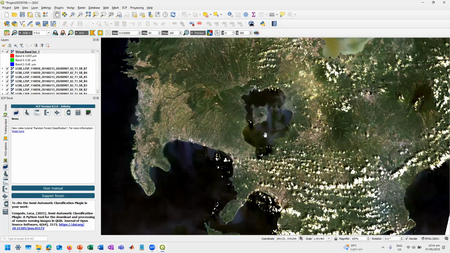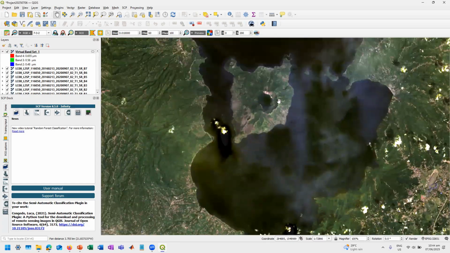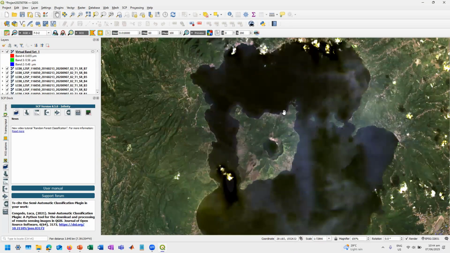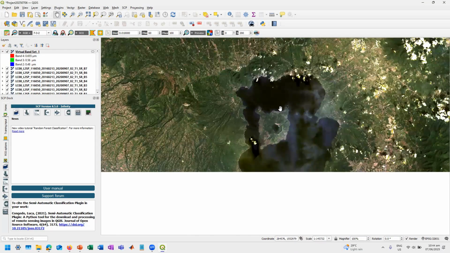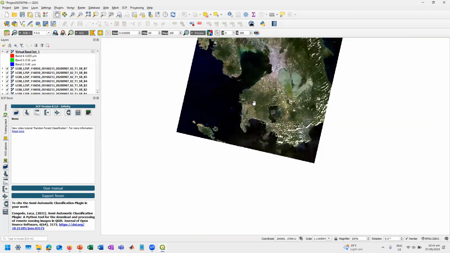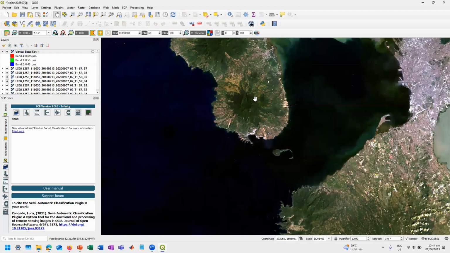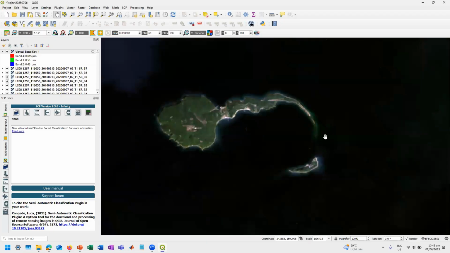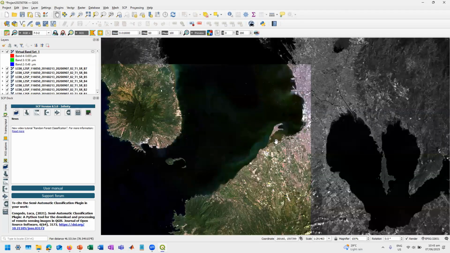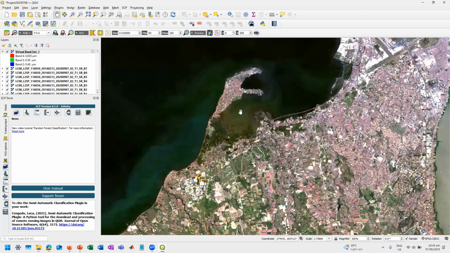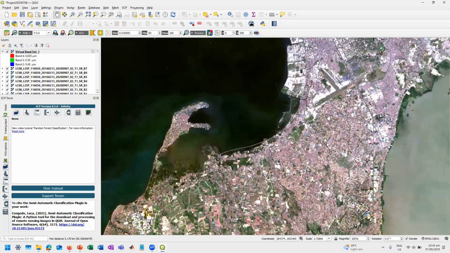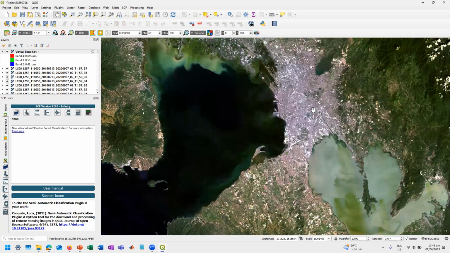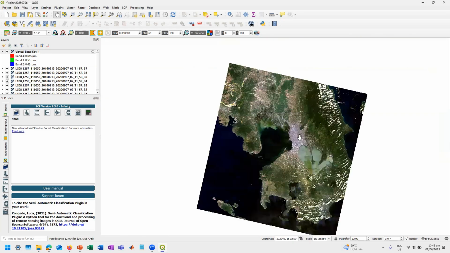And this is the Taal Volcano Island. What else do you want to see? This is the Bataan Peninsula. This is the Corregidor Island. And then this is Cavite City. What else? So that's it, no? Okay.